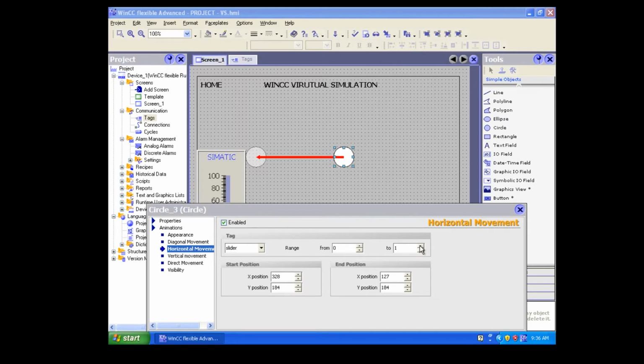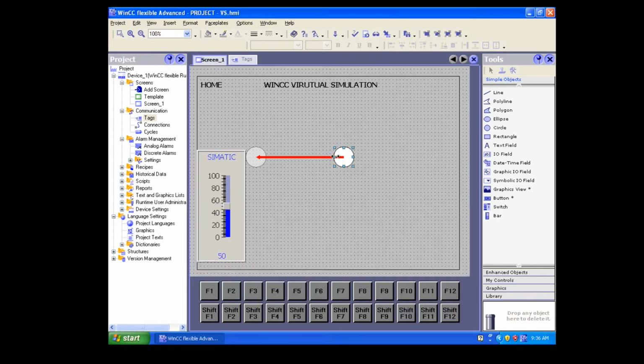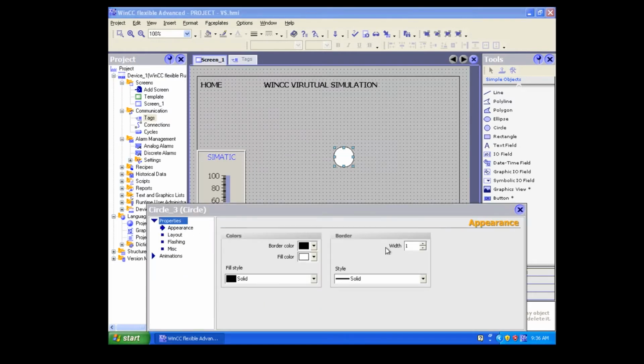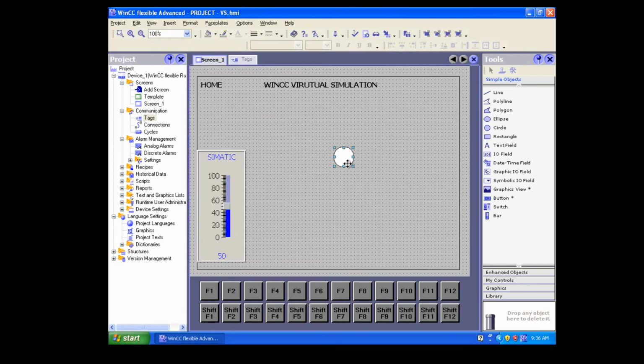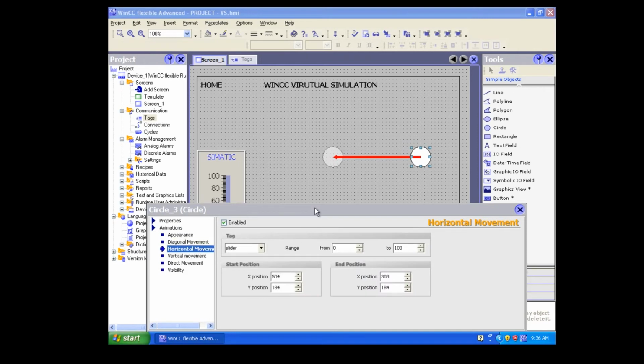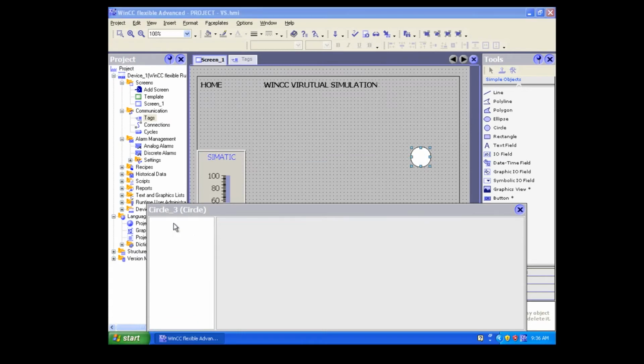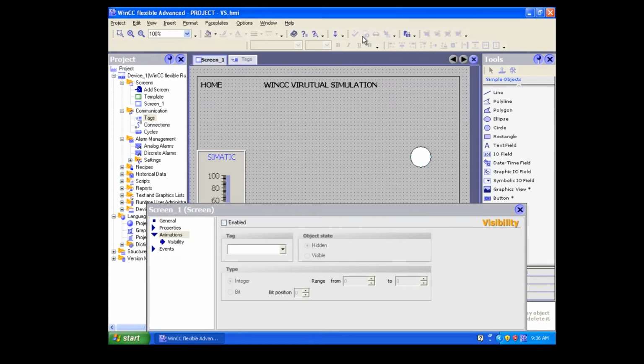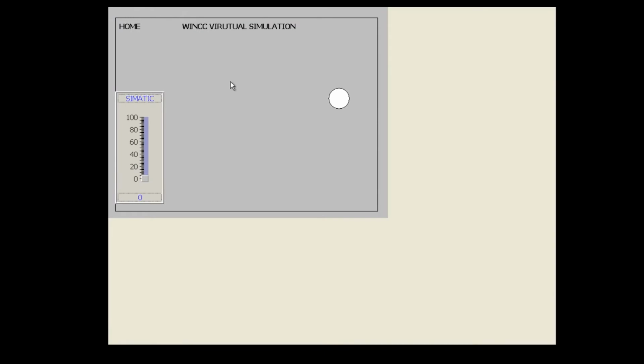Let me take one more conveyor motor or conveyor belt so that we can watch it vertical. Everything we can check over there. Okay, let's watch that. So for that I'm going to delete this conveyor and I'm not going to use this box. Let's take one more conveyor belt. Go for the same graphics. And here is our conveyor, right? Yeah. Check out here. I'm going to choose this. Place it here. And also horizontal.